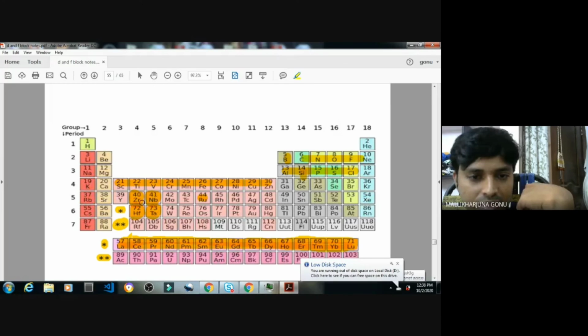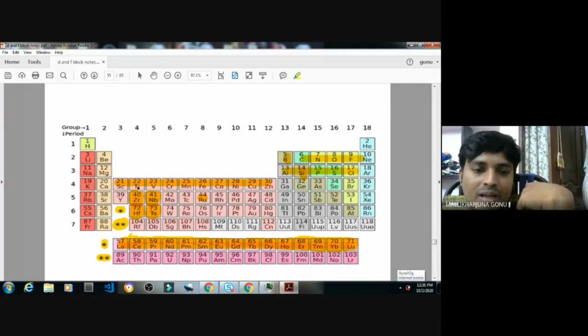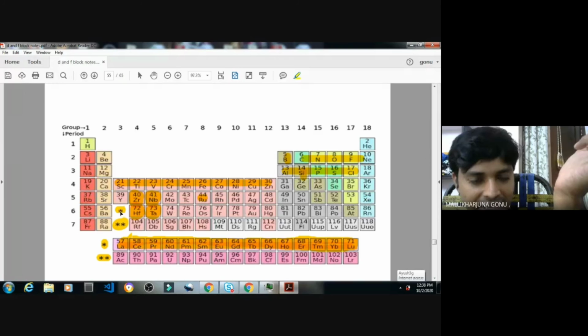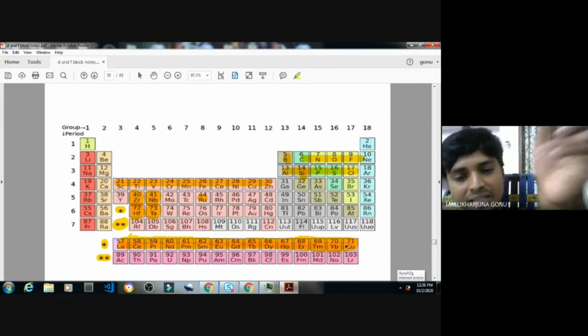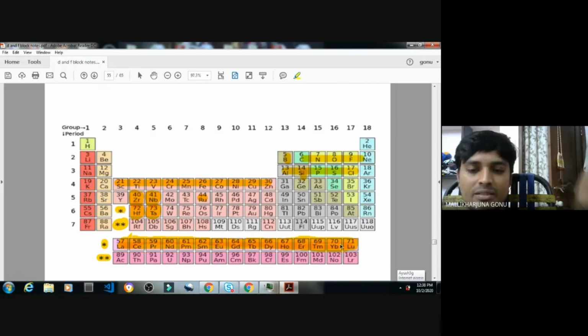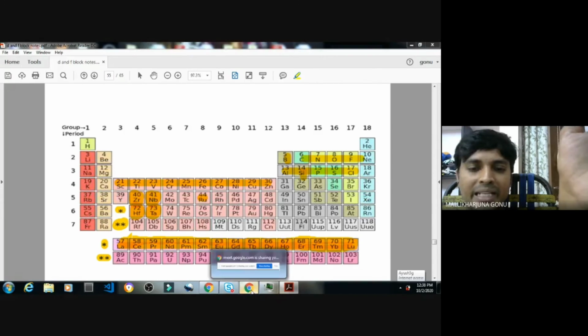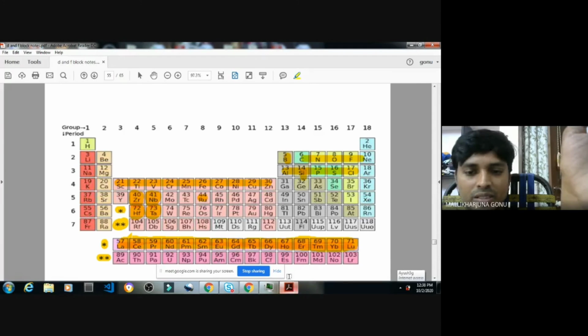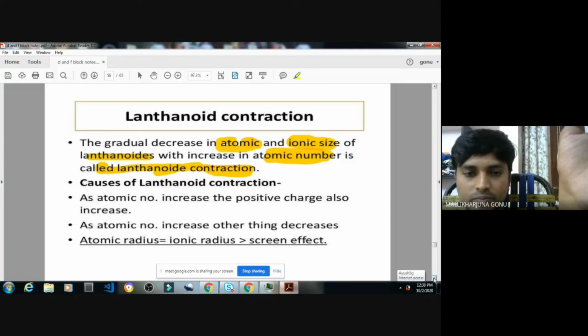These are zirconium and hafnium, because here 4f is coming, niobium and tantalum. Okay, and this is also a reason for lanthanide contraction. And all these lanthanides are having the same atomic sizes. That is also a reason for the lanthanide contraction. Those are not decreasing the sizes. That is almost maintaining the sizes, is the meaning of that.